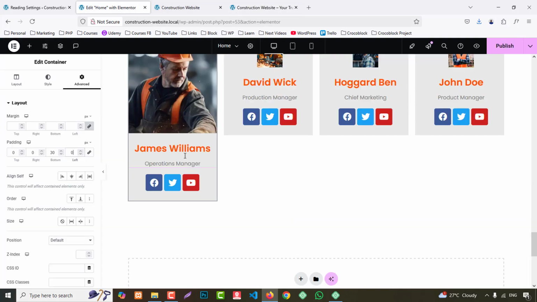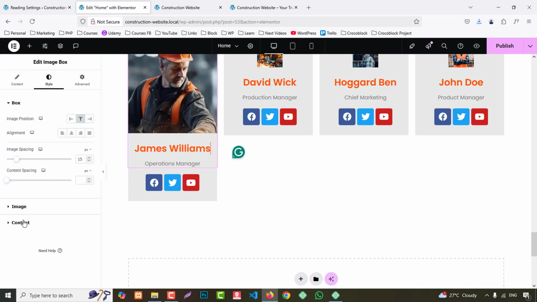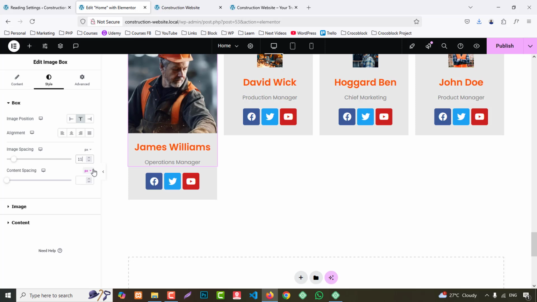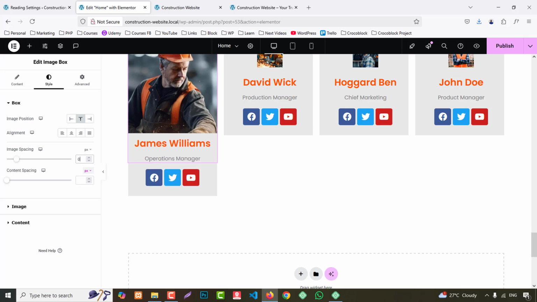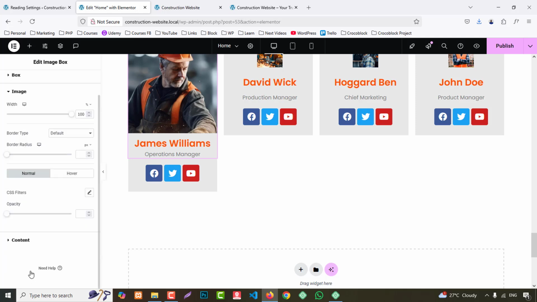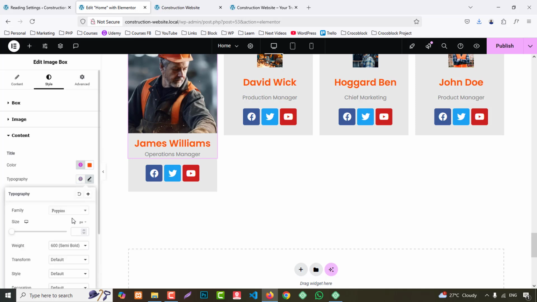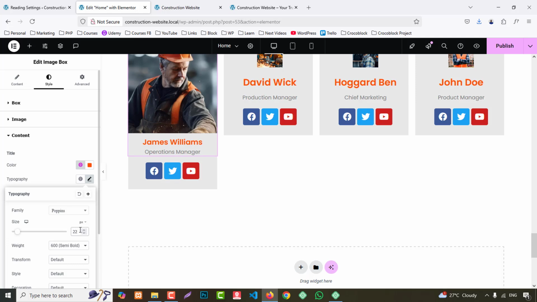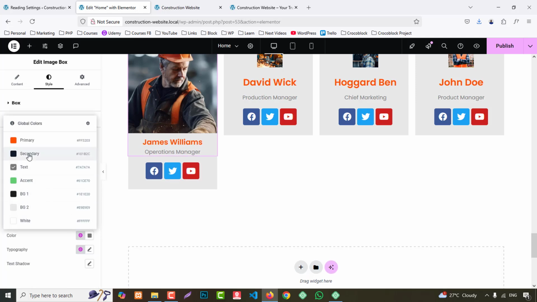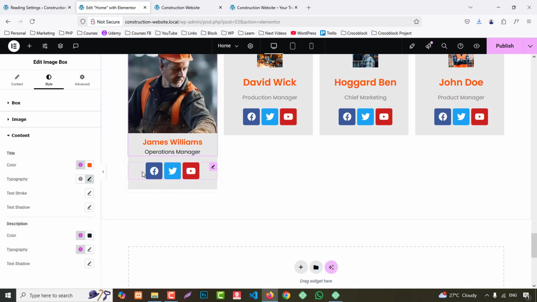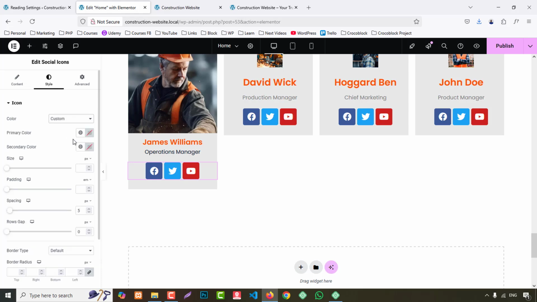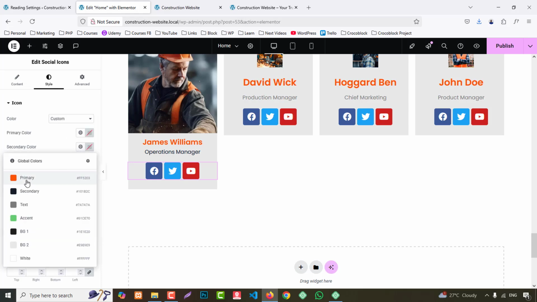And here, go to style and content box, image position spacing we can choose like 0 and content like 3. And now go to content, we can choose font size like 22 pixel, and here we can choose secondary color. That's fine. Now go to style and our custom color, and primary color to this color,